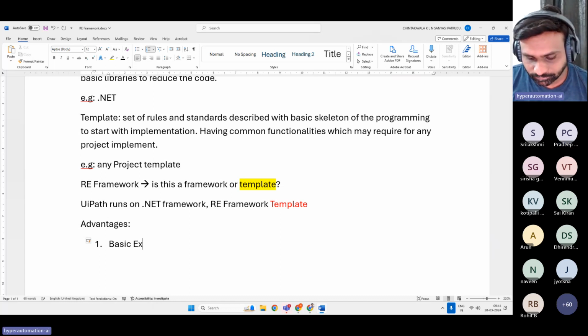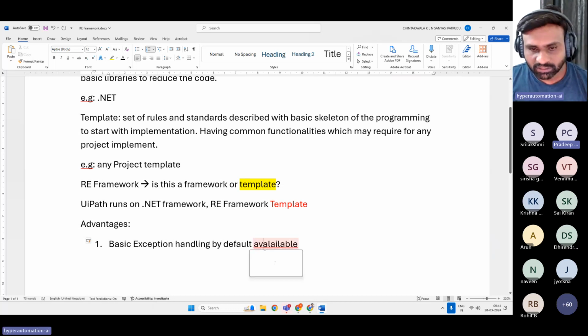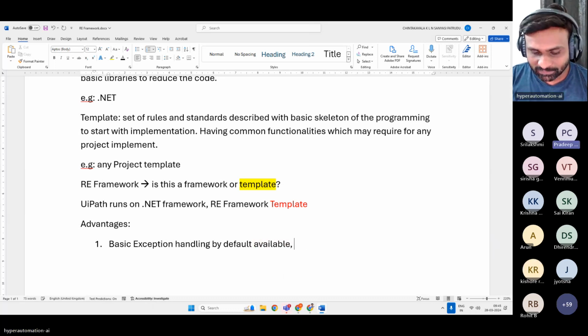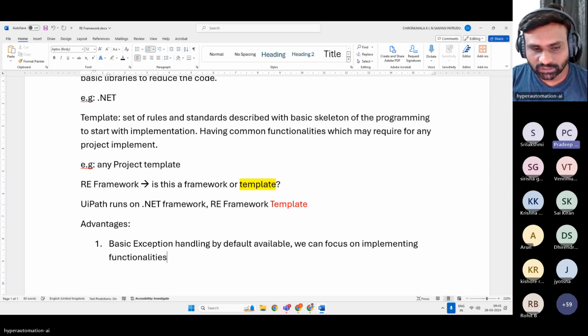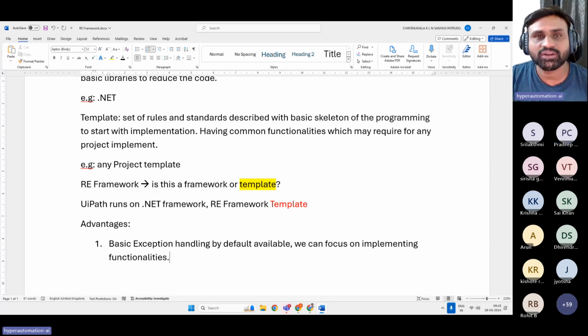Basic exception handling is available by default. Bear with me, guys, I'm not that good with spellings. We can focus on implementing functionalities, irrespective of whether we handle all the exceptions ourselves, because we already have the exception handling available by default with the RE framework. And the second one is